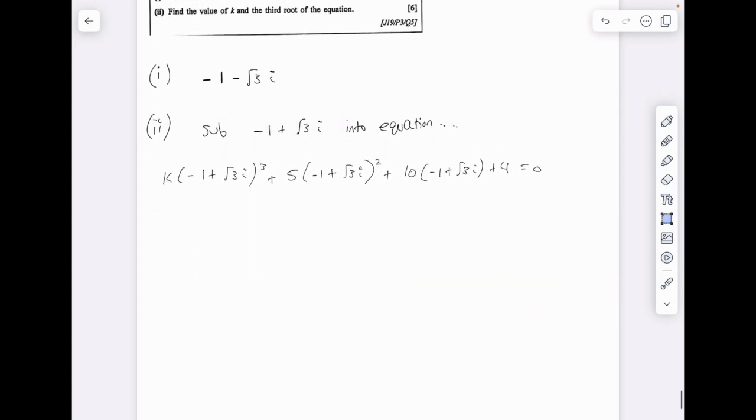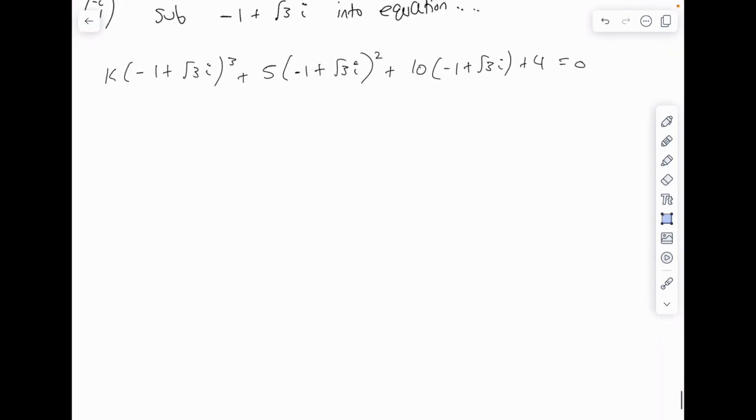Brilliant. So, what do we get from here? Well, what we get from here is the following. We get k(-1 plus root 3i)